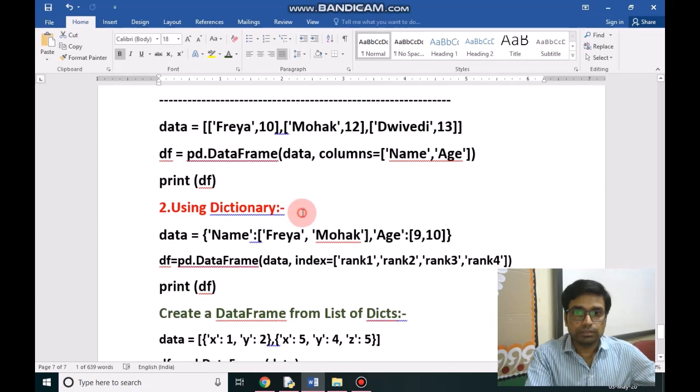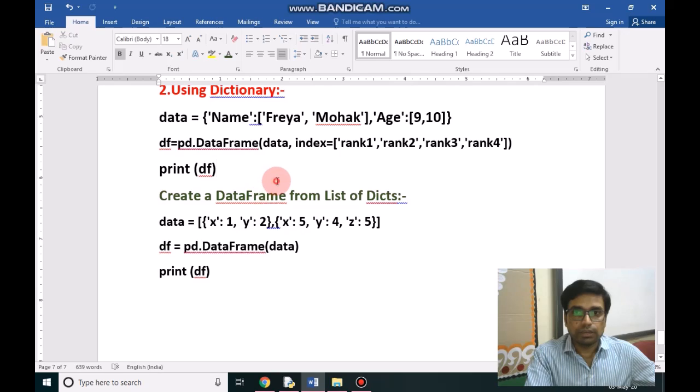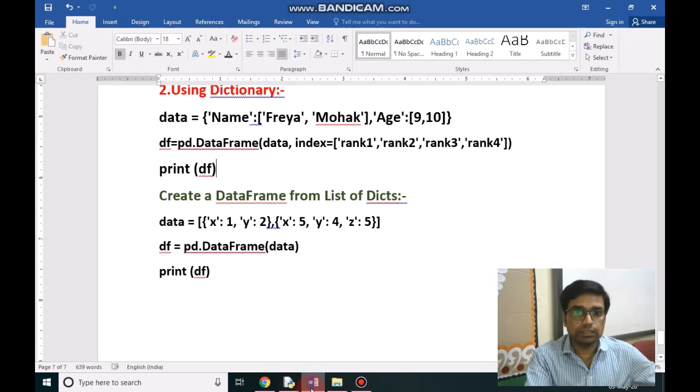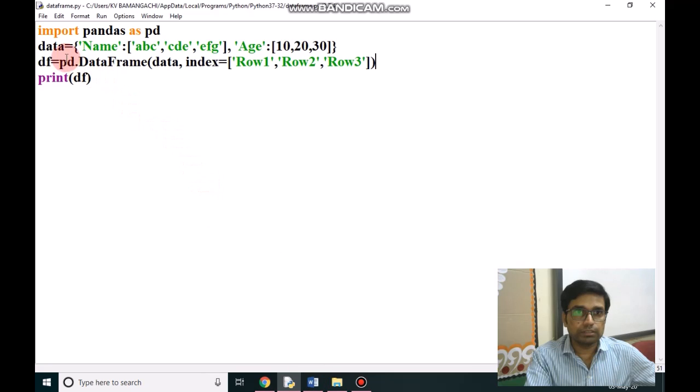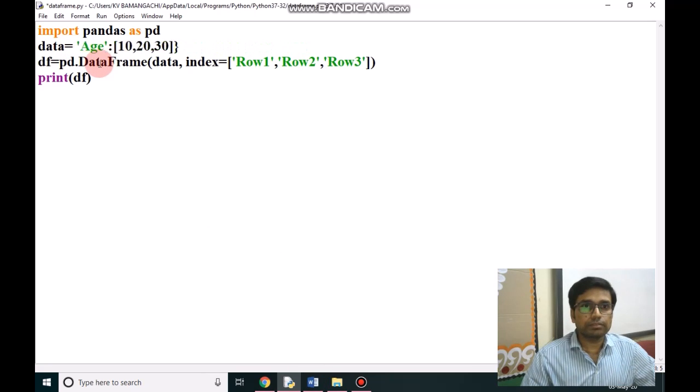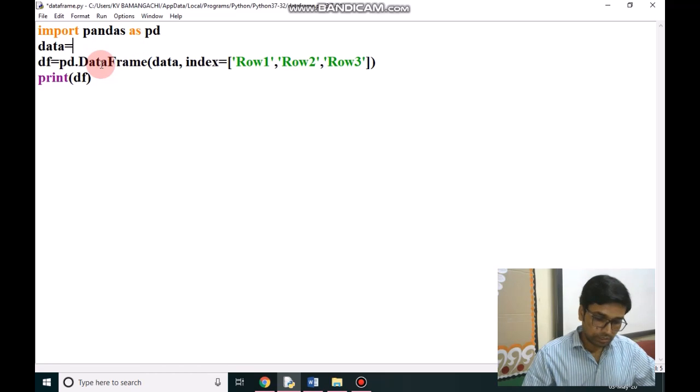Now one more method is there. If we supply a list of dictionaries, we can also give a list of dictionaries to a data frame. Here I am writing the same syntax, a list of dictionaries.